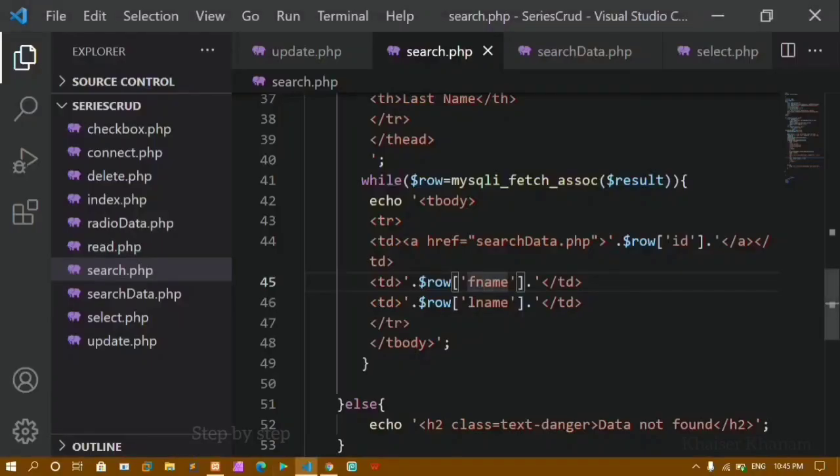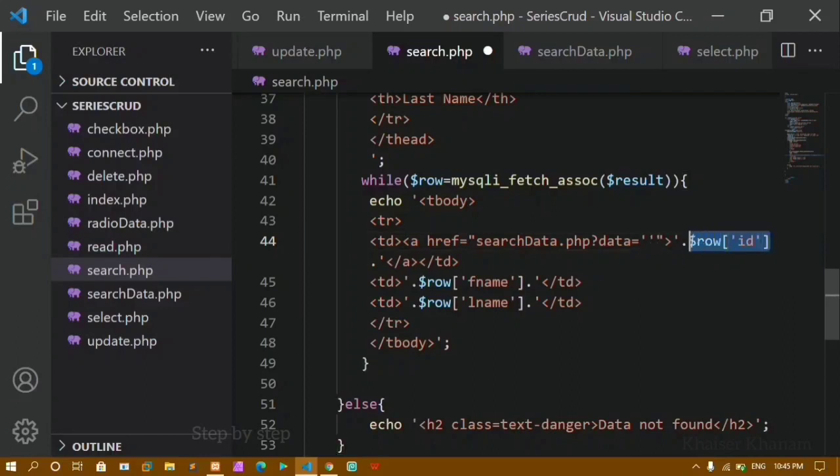So for that, inside this one, I'll write a question mark. I'll give my parameter name as ID, and here I want to concatenate this one. Whatever ID I'm clicking, I want to concatenate that, and here I'll paste that one. I'll concatenate this one, and write a dot here. I'll save this.